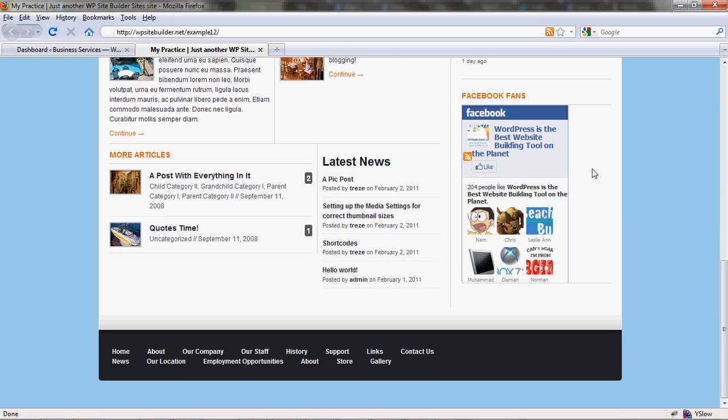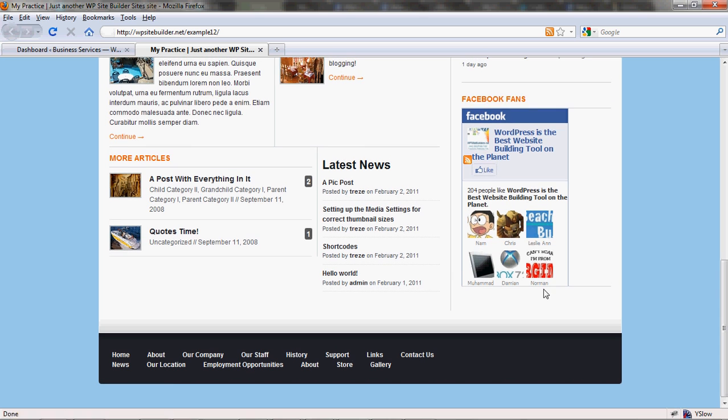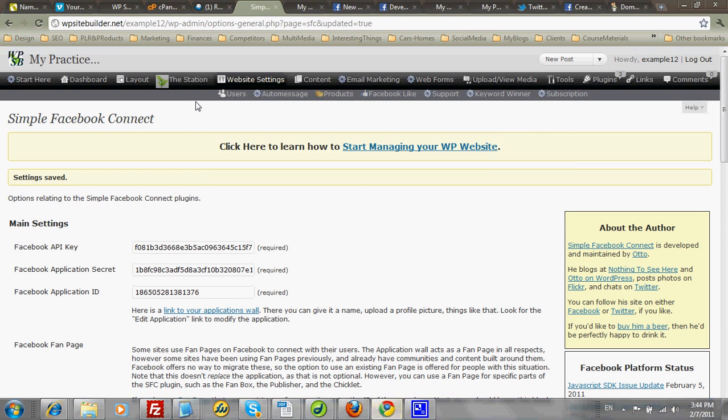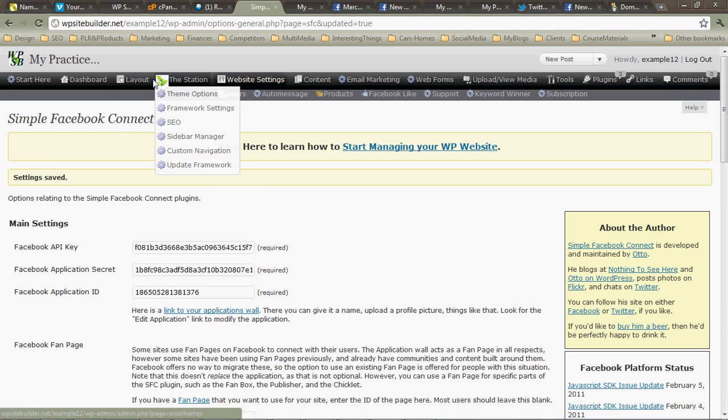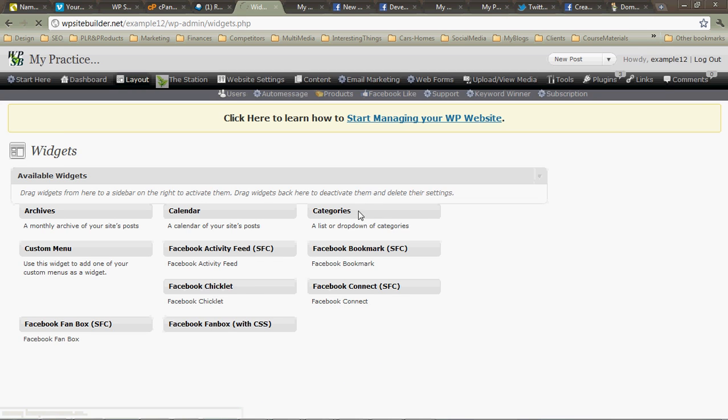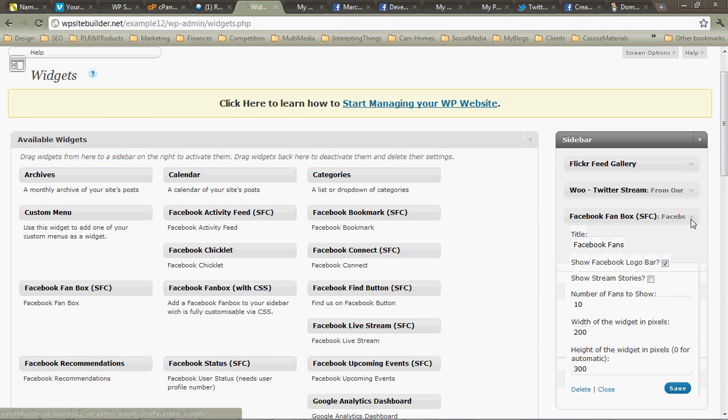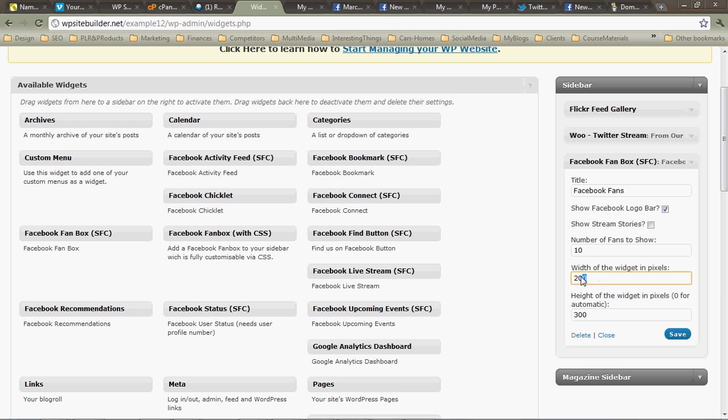There we have our Facebook fans, and you can control the height of this box as well as the width. So you could theoretically go back to your widgets under layout, and then you go to your Facebook fan box widget. You can make it 240 and say 4